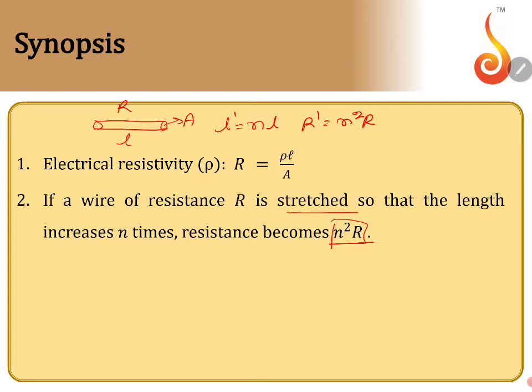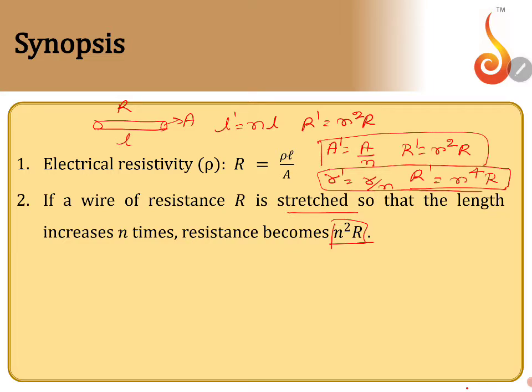So length increase adaga area kuda enagutte andre kadime agutte. So let us imagine if the new area is A by N times of the old area, then also the new resistance is N square times of the old resistance. Now if you compare with respect to the radius of the wire, because the new radius is R dash and the old radius is R by N anta ankolona. Haga the new resistance will be equal to N power 4 times the old resistance agirutte. So please remember this set of formulas. We will be using that formulas in the next questions.